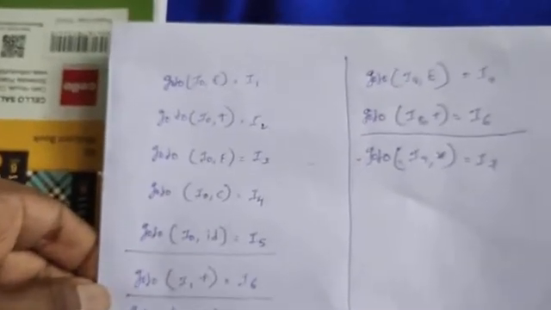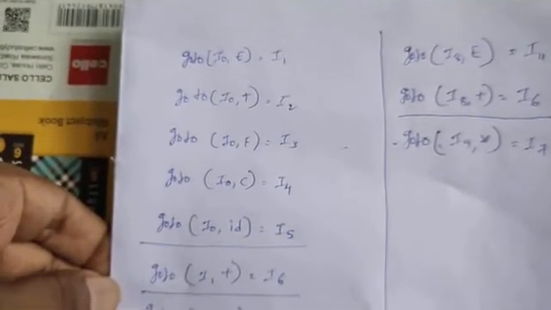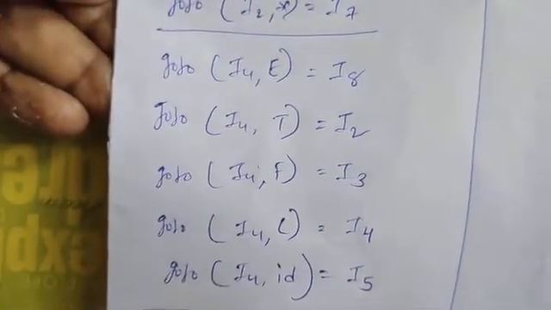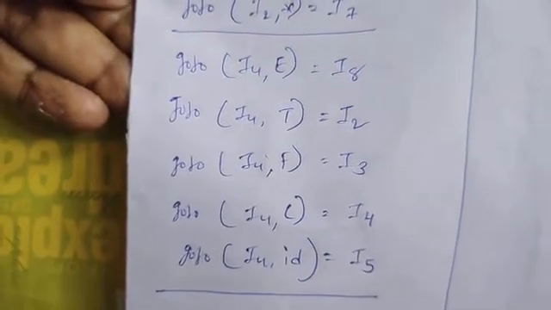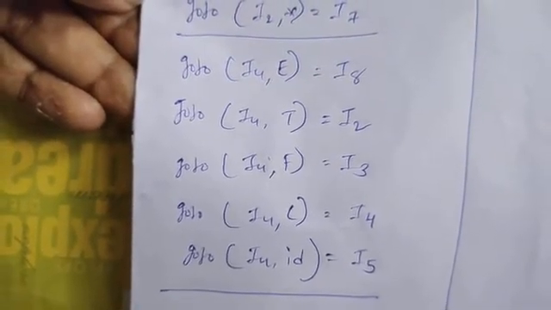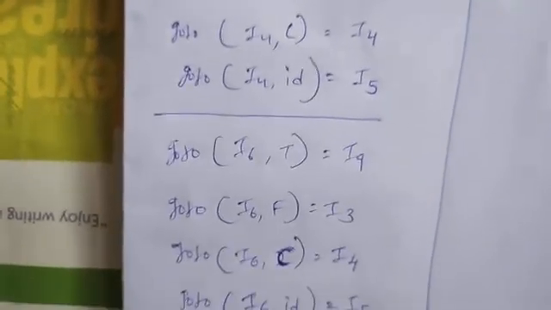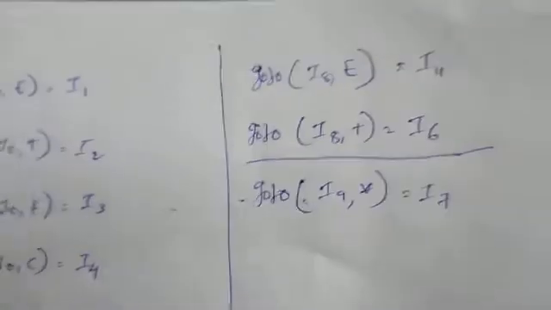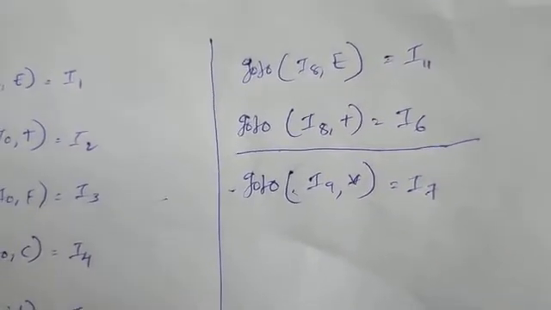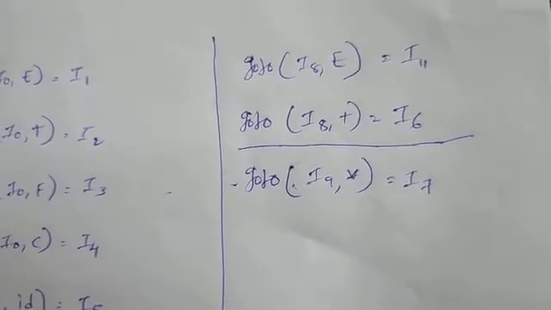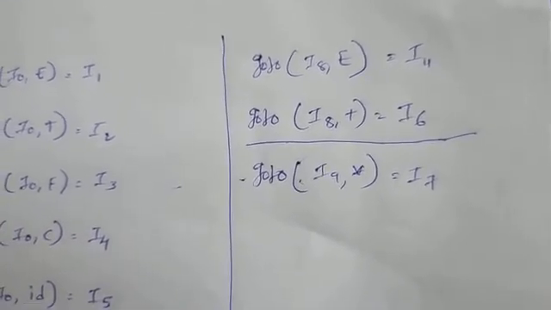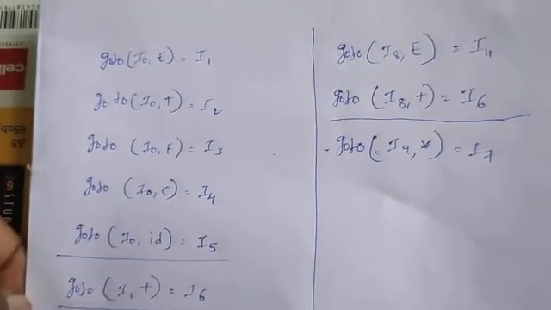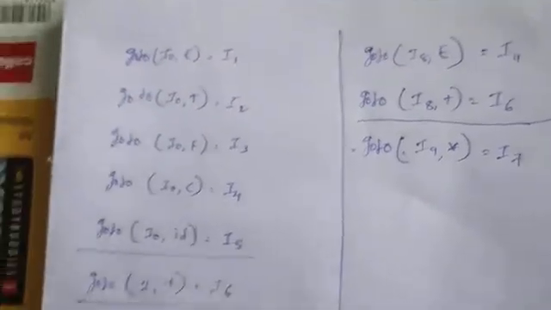Okay, like that we'll place all the go to statements from I0 and then I1 and then I2 and then I4. Why is I3 not there? Because in I3 the final state will be reached, and then I5 also the final state will be reached, I6, I7 related, and then I8 related, I9 related, I10, I11 also the final state will be reached, and the dot will reach the final state. For that reason those are not there in go to statements. Based upon these go to statements, next we will construct the transition diagram for that one.